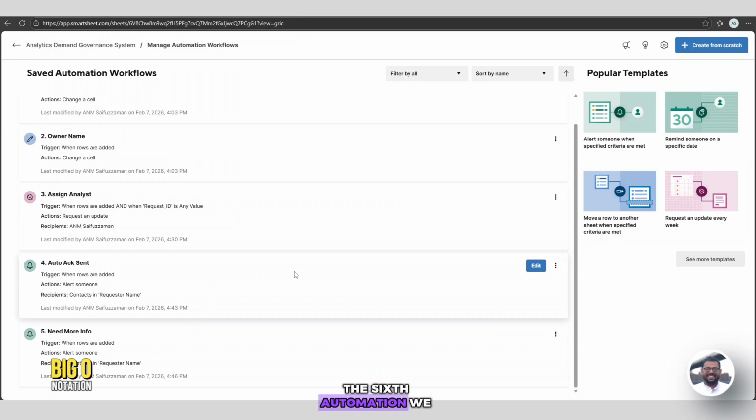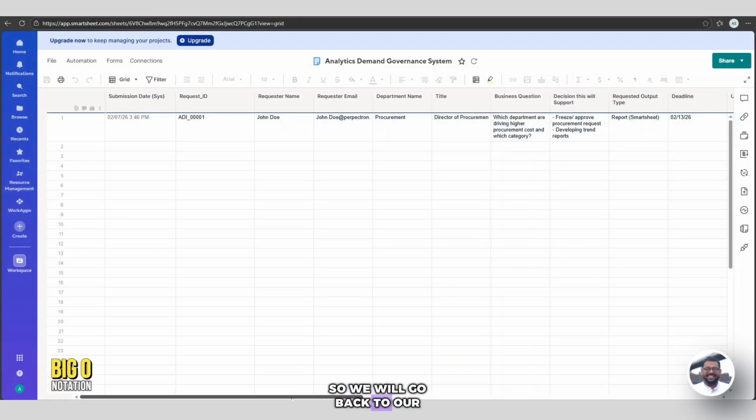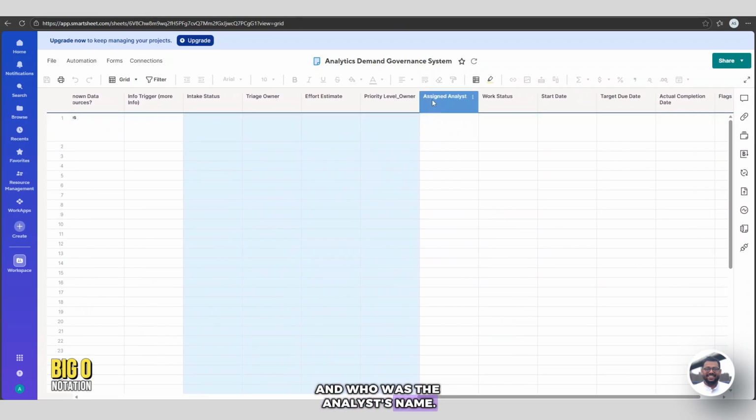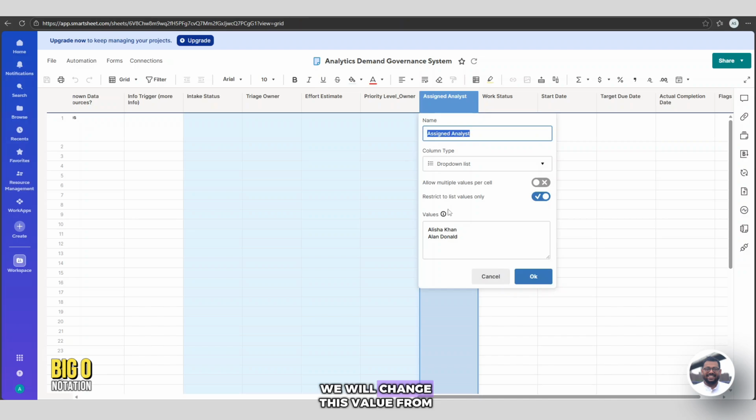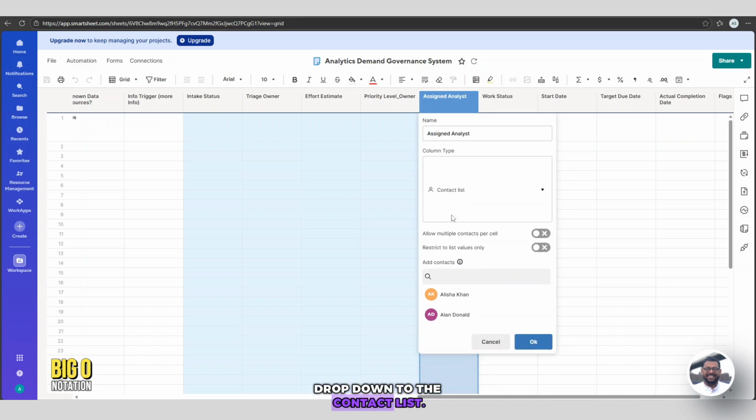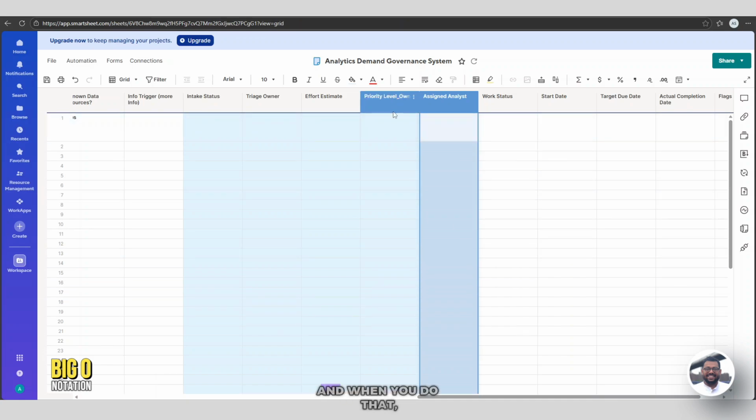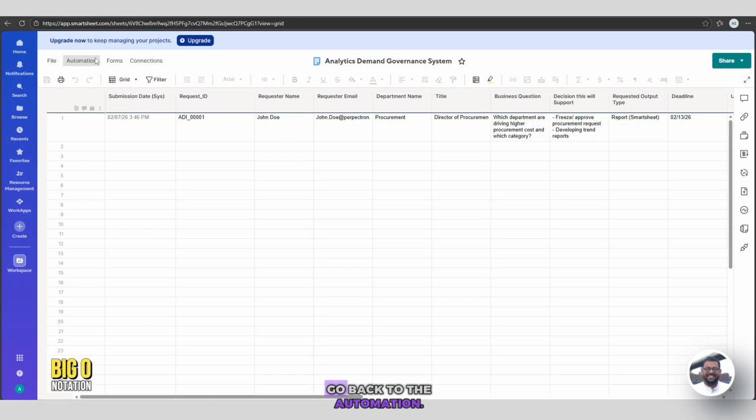The sixth automation we are going to add, which is the assignment alert sent. So we will go back to our master sheet and we will review who did we assign and who was the analyst name. So assigned analyst. We will change this value from drop down to the contact list. So Alicia Khan and Alan Donald, they already have two column, and it's called a dictionary data type. So in this column and dictionary data type, what you do is you hit OK and select one person. So hit OK, and when you do that, then what you do is hit save and go back to the automation,